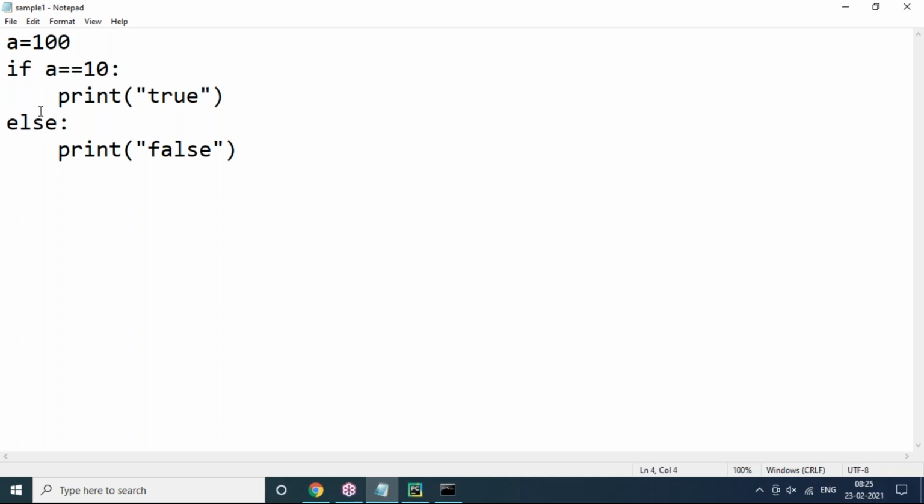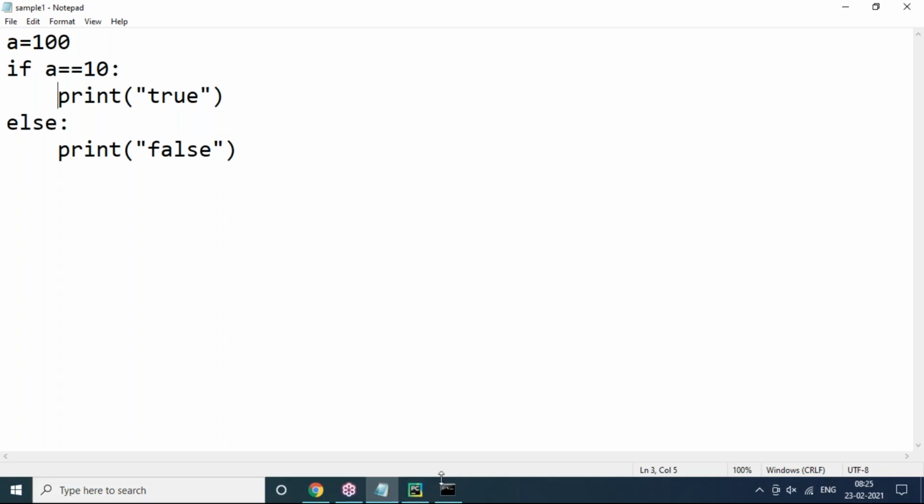Indentation means in a Python script, to consider a block of code, instead of open curly brackets and close curly brackets, you have to give some space. Indentation space is there. But by default in the Notepad editor, indentation will not be allowed. Means you have to take care as a programmer. You should know already where indentation is required, where not. That's why it is difficult to write a program in Notepad.